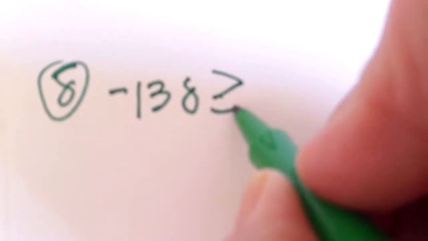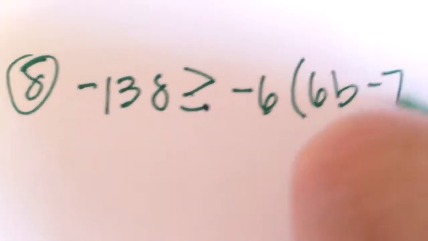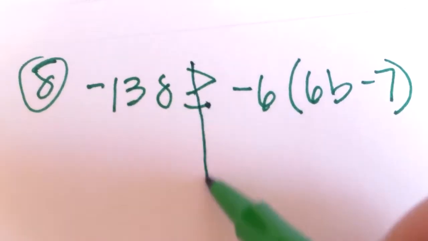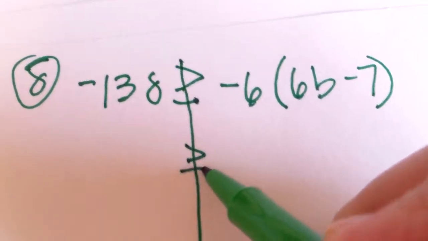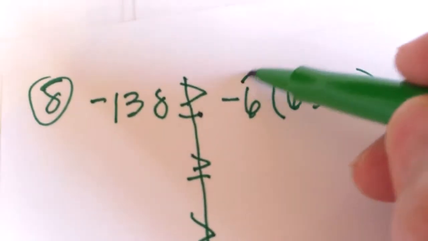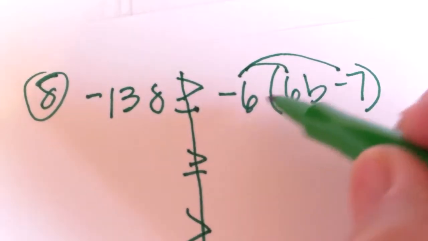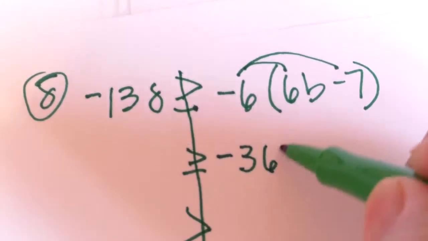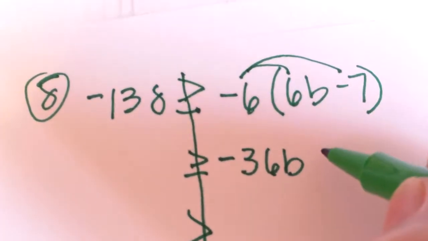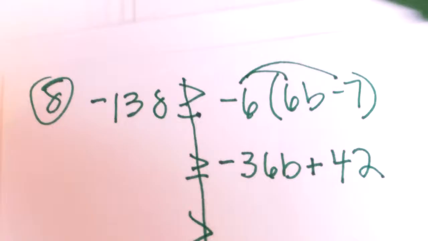Number 8. Negative 138 is greater than or equal to negative 6 times 6b minus 7. Okay, fish hooks. This time I'm going to be a really good girl and remember my RR. And I'm going to do my distributive property, and I'm going to remember that this 6 is a negative and this 7 is a negative. So negative 6 times 6b is negative 36b, and negative 6 times negative 7 is positive 42,